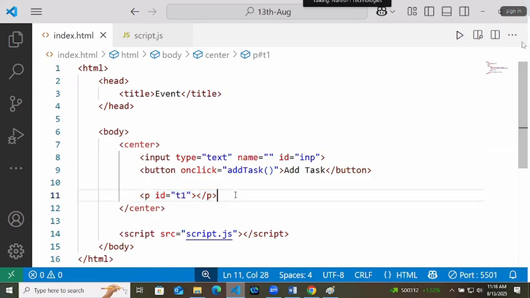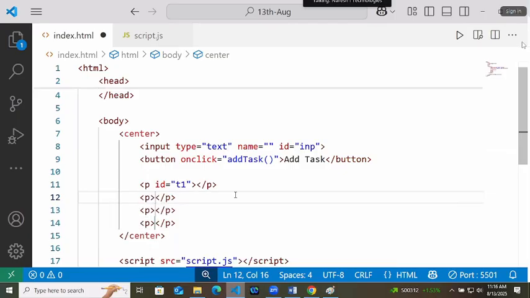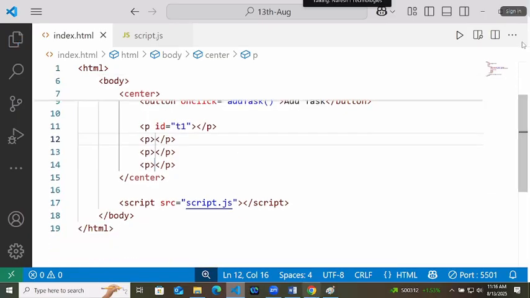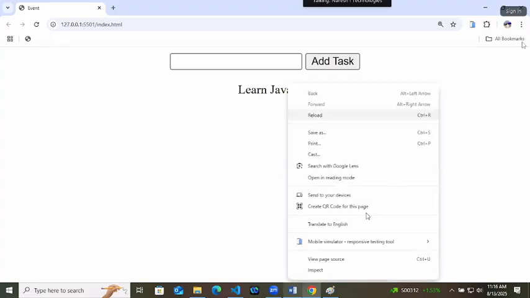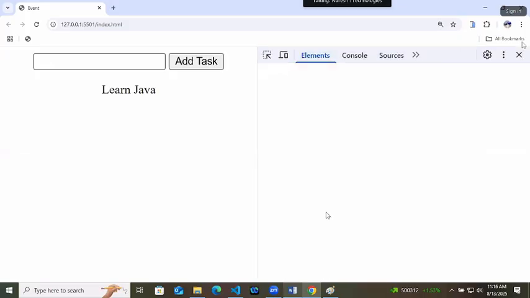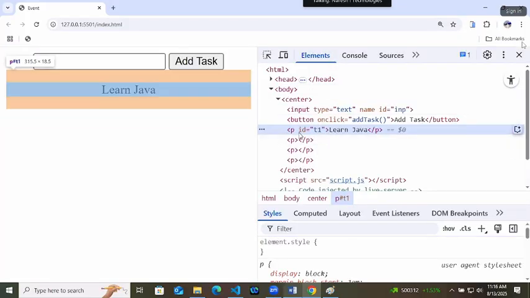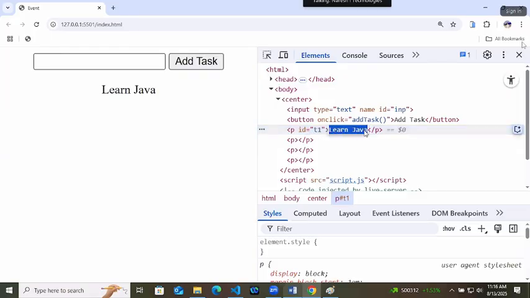Now let's say inside this, I create three empty paragraphs for example, and the user has added only one task, learn Java. But it is looking cool. Once you inspect it, you will see there is a paragraph with ID T1 whose value is learn Java.